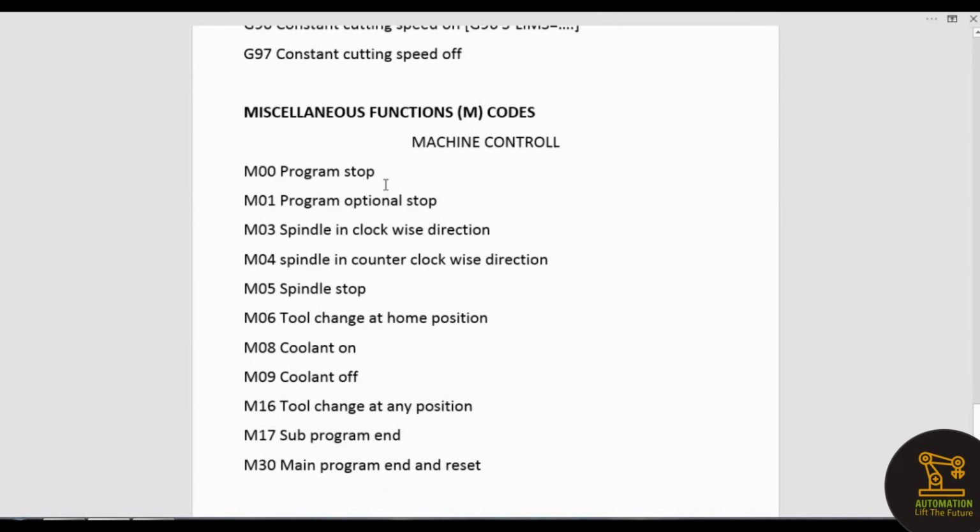M00 program stop, M01 program optional stop, used between cycle to cycle, and M03 spindle in clockwise direction, M04 spindle in counterclockwise direction, M05 spindle stop, M06 tool change at home position, M08 coolant on, M09 coolant off, M16 tool change at any position, M17 end of subprogram, M30 end of main program and reset.